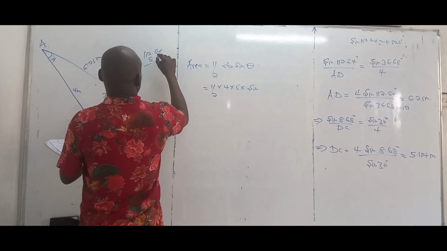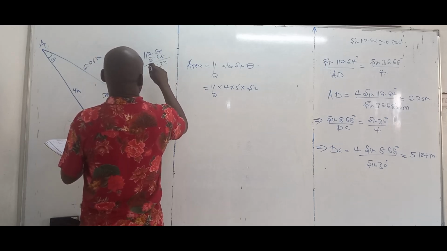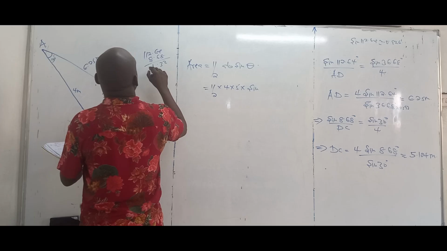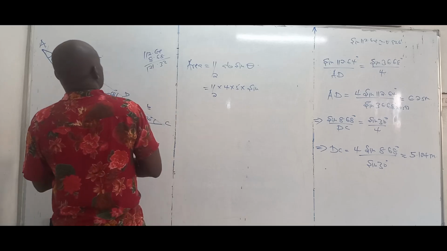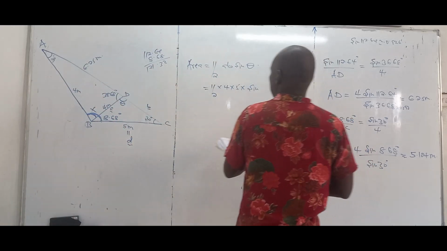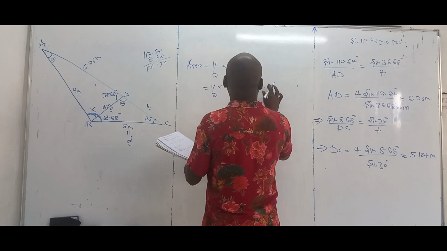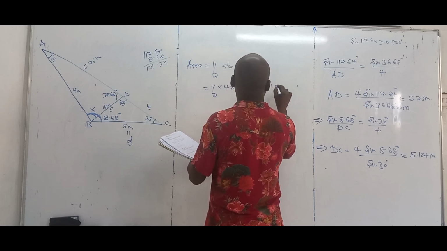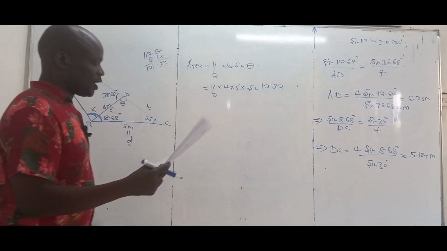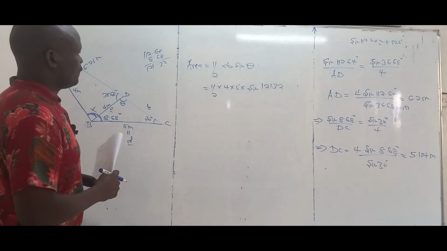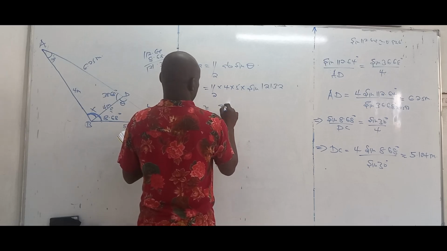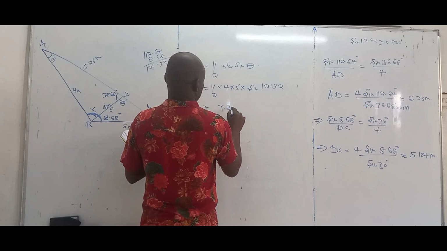So that is 121.32. So that's what I'll have here. If you work that out, the value that you should be getting is approximately 9.32